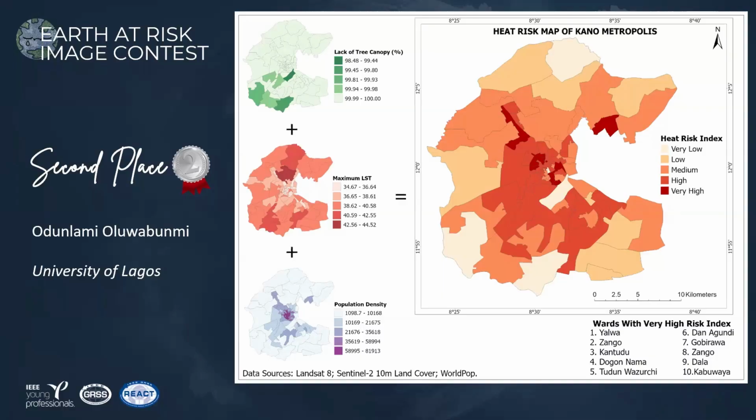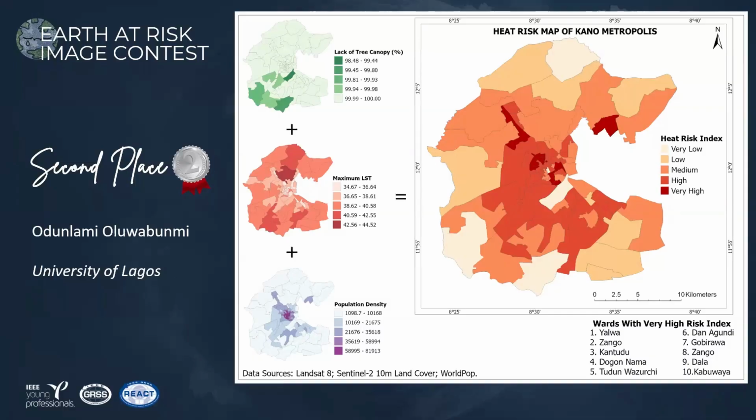So these particular wards require urgent intervention. Interestingly, the outskirts of the metropolis show a very low to low risk level. So that means the outskirts of the area did not really experience a high risk index.